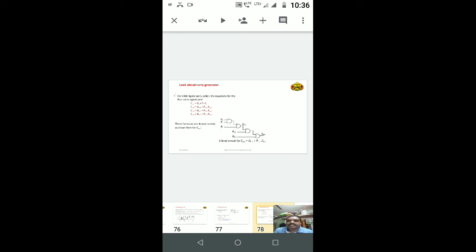Means if you want to perform the addition at the D3 bit, which is called the MSB bit, you consider the output of the result of the D3 bit addition and D2 bit addition. So in this case, if you put the values for i equal to 0, 1, 2, 3, 4, then you don't need to check the conditions for the previous operations. This is the main advantage of the look ahead carry generator. From your side, you just put the values for i equal to 1, 2, 3, 4. Then you check what is the final equation of this carry generator.